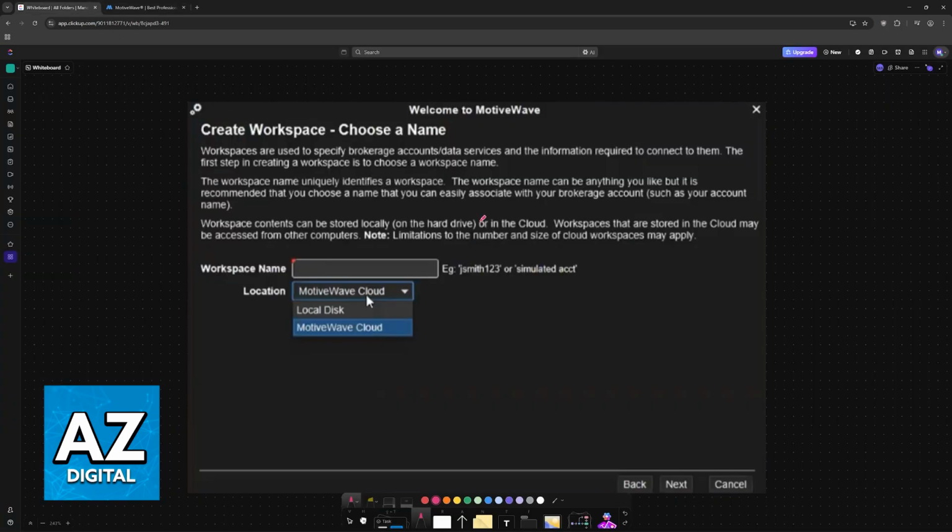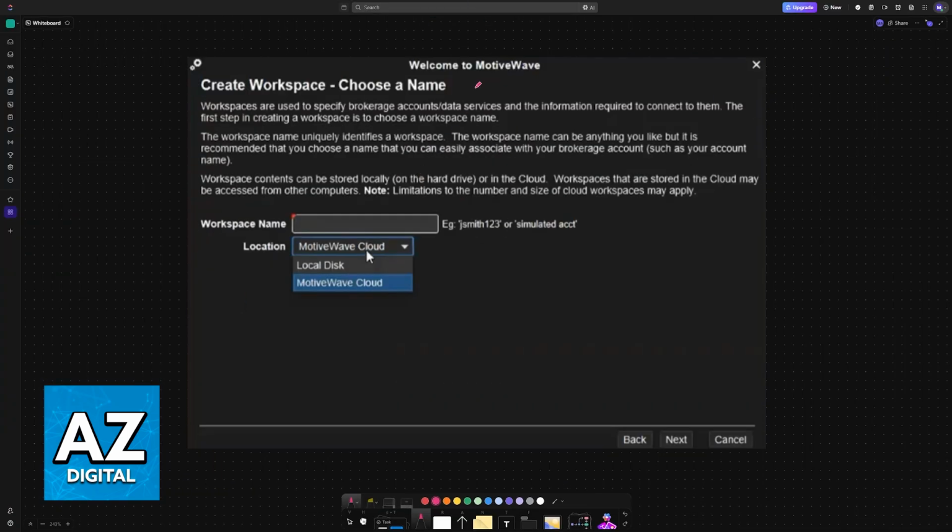Once you have the tool downloaded, the very first thing that you will see is the welcome window, where you will be prompted to create a workspace. So I'm going to cover this setup process after you are done downloading the tool, but keep in mind that I'm not going to go super in depth about setting up trades and using the tool in its entirety. There are way too many features for me to go over in a video of this length, which makes it impossible.